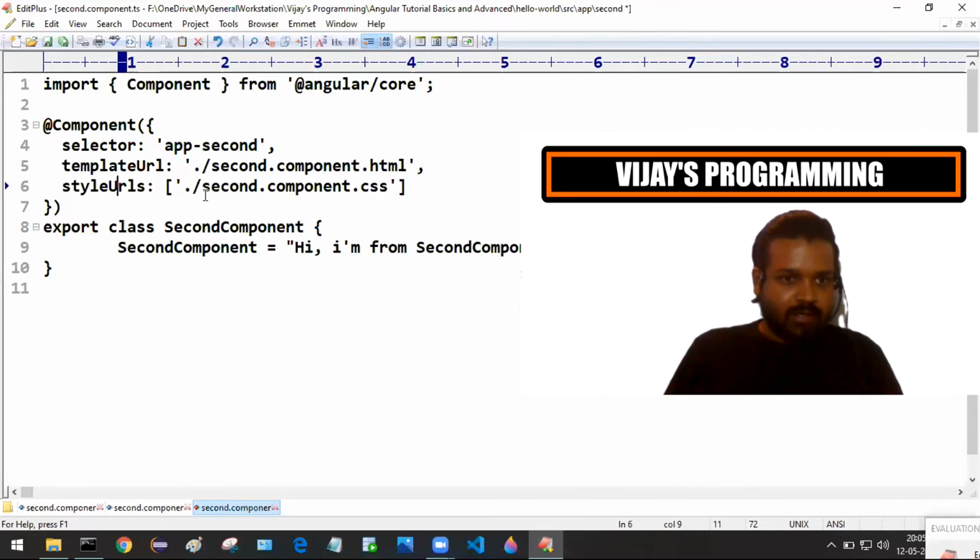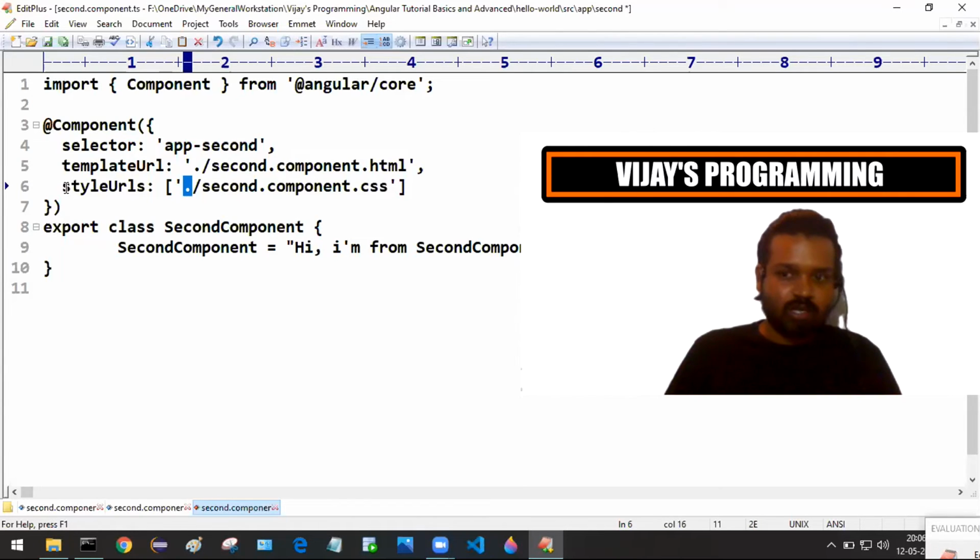As you can see here, in the templateUrl section, what is the current directory here? The second folder is the current directory. Dot represents the current directory. Inside that we have second.component.html. This is the file we are considering as the template file.